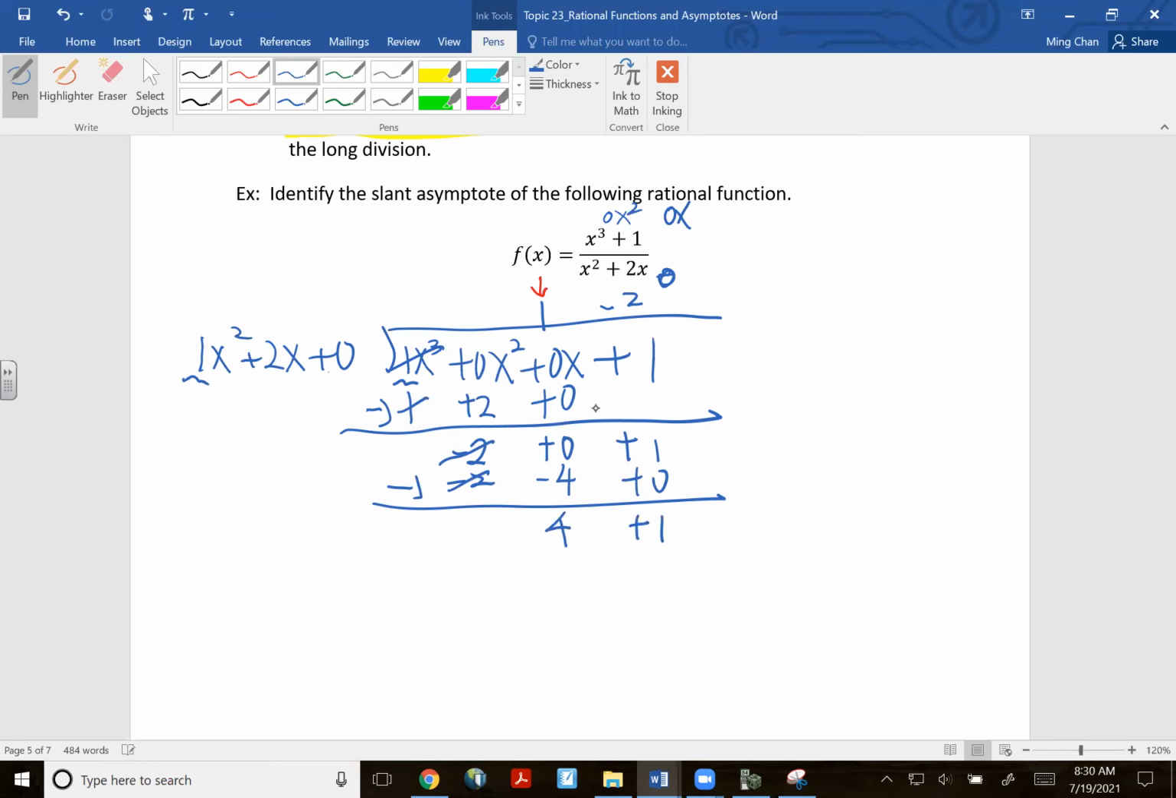When you look up to the top, your first quotient is lined up with the x column, right? So technically, if we write out the answer correctly, it is the quotient x minus 2 plus the remainder over the original divisor. But it turns out, as this horizontal line goes on to positive and negative infinity,